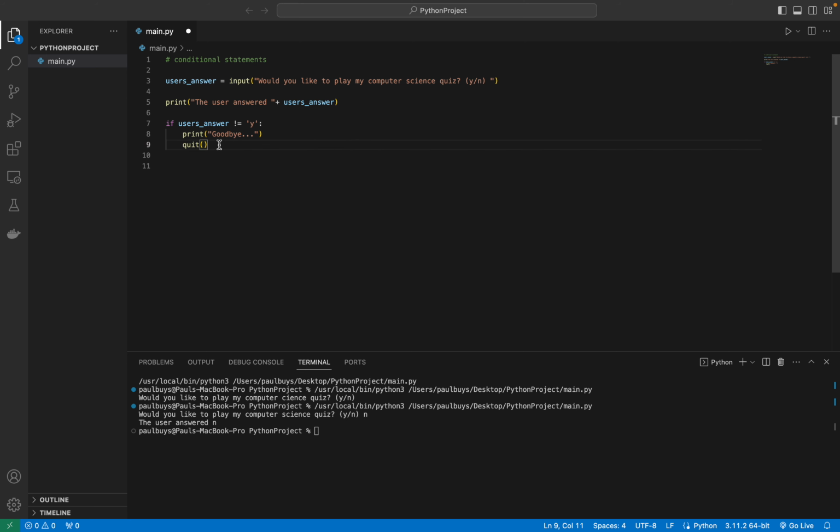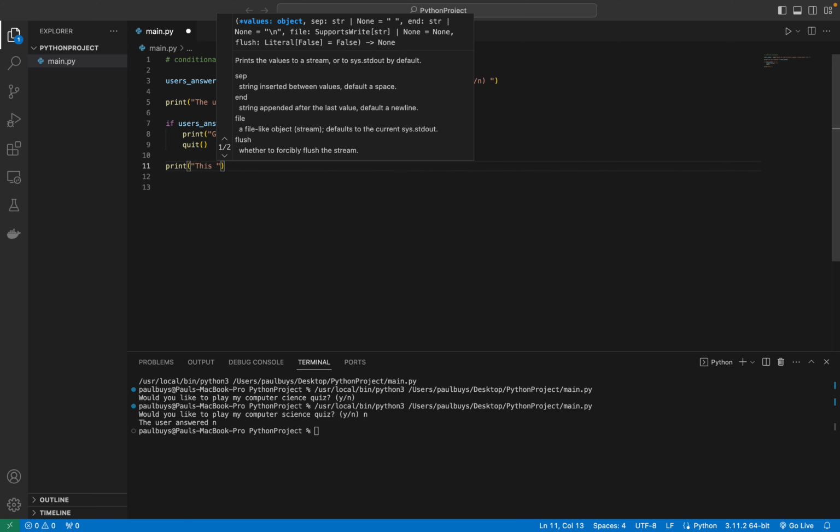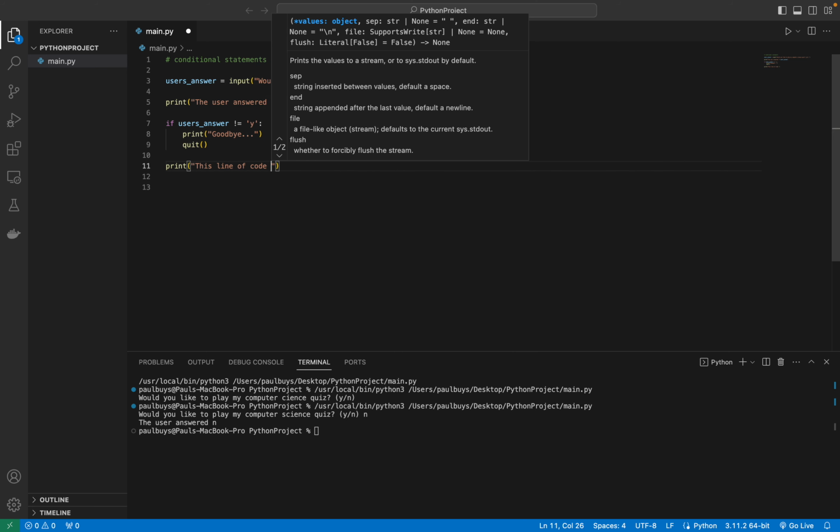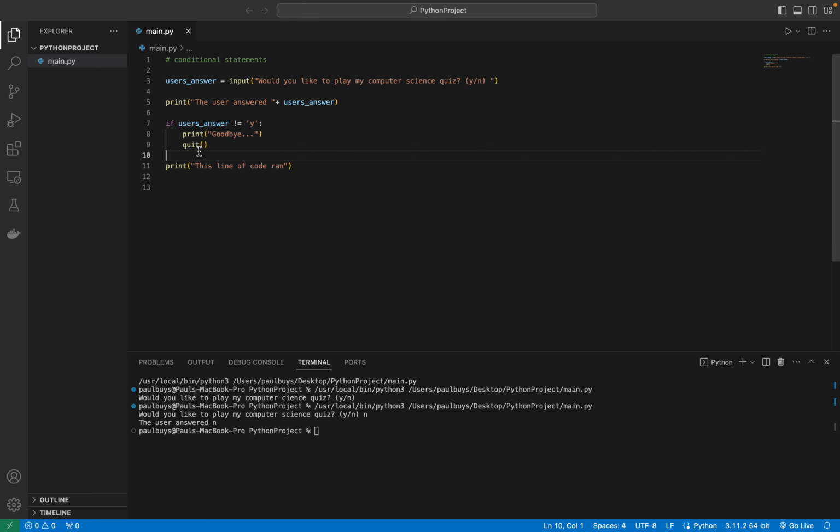I'm going to show you. I'm going to print another line. I'm going to say this line of code ran. All right, so what I want you to see is if this function actually ends the whole program. So let me show you. Would you like to play the computer quiz? If I don't say Y, if I say anything else, it's going to say goodbye, and then it should end. If it doesn't end, you will see this line of code ran printed. So let's see. If I say N,